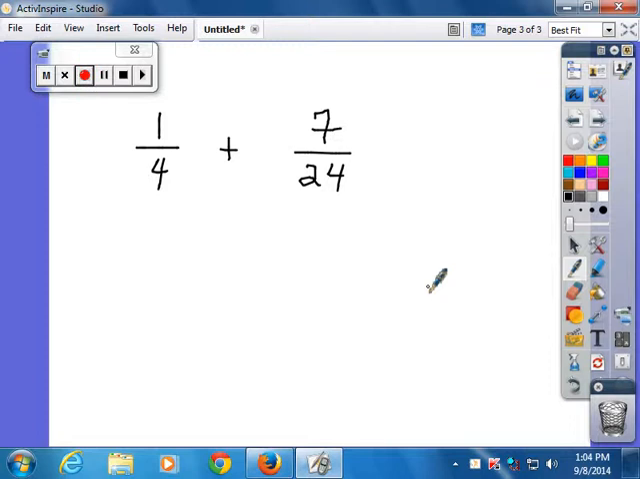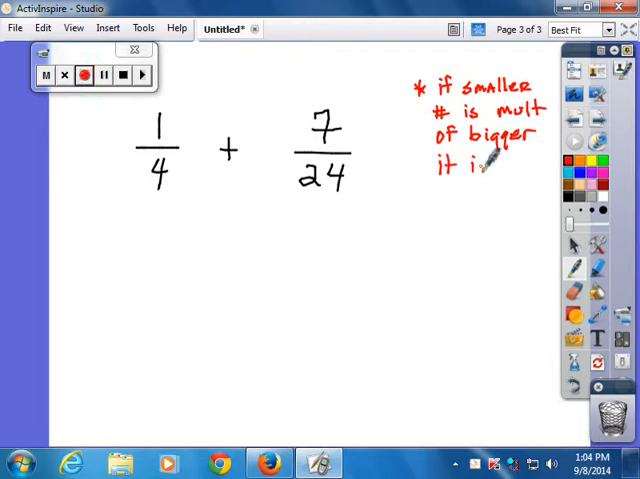Now we're going to get our little red highlighter out here. And I'm going to put: if smaller number is multiple of bigger number, it is